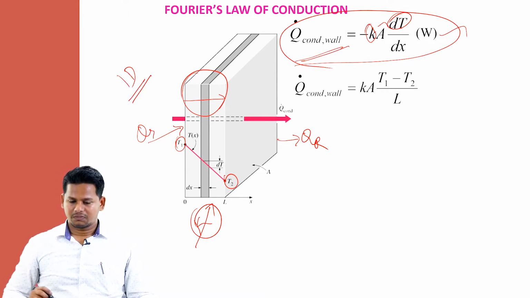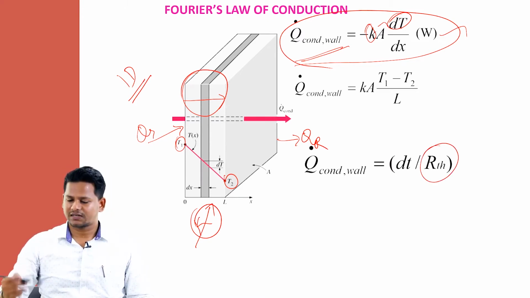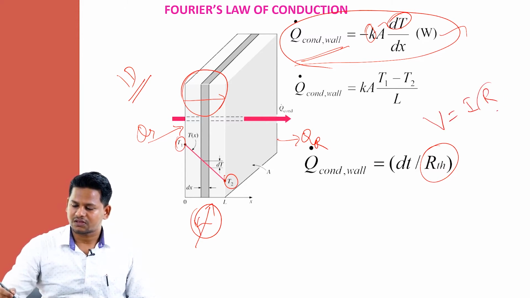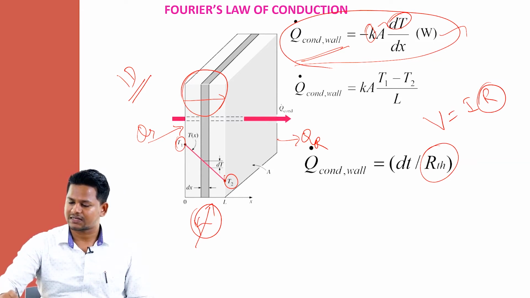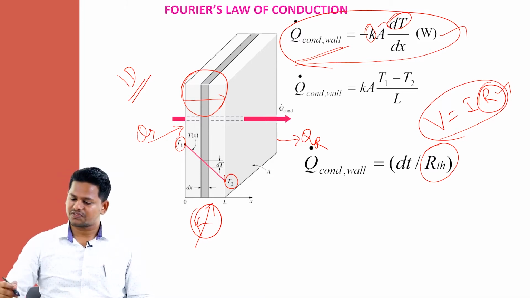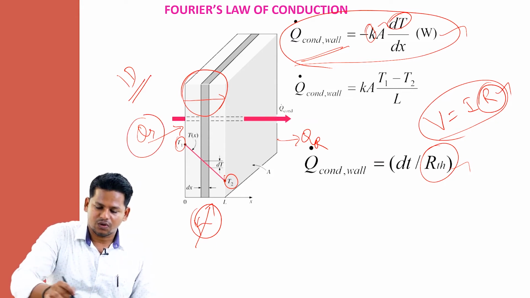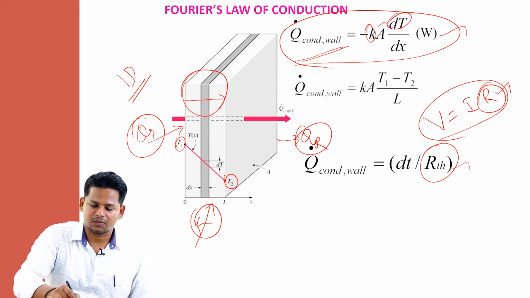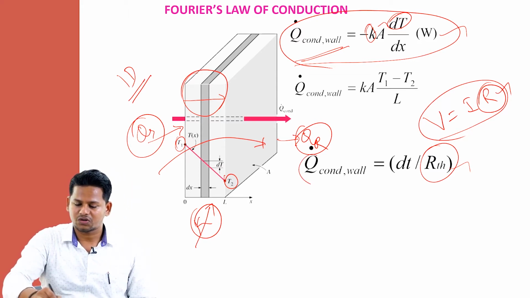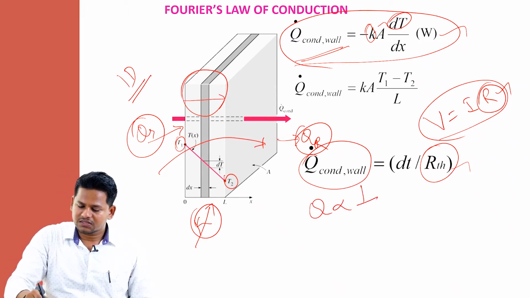So we can easily use this equation and find the value of heat conduction through the valve. Now we have a new concept which is called thermal resistance, similar to our electric resistance. We have Ohm's law, right? So we know that V equals I R, the amount of current which is flowing through the conductor depends on this electrical resistance. Similar to that concept, we have thermal resistance here. Whatever the amount of energy we want to transfer, for example, the amount of heat from this surface to this surface, that is called Q, the amount of heat conduction through this valve, it is inversely proportional to this thermal resistance.